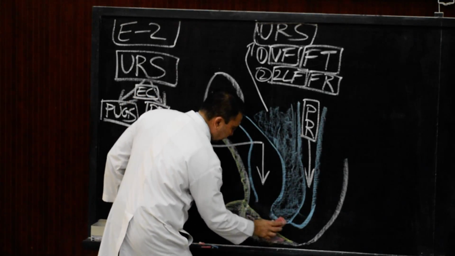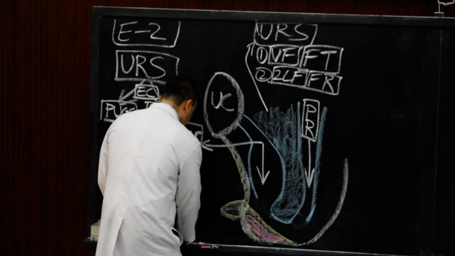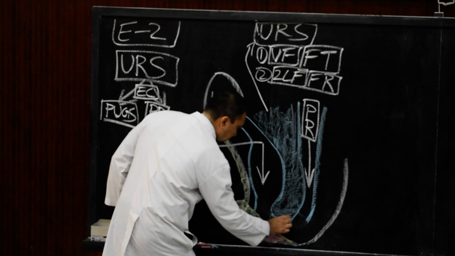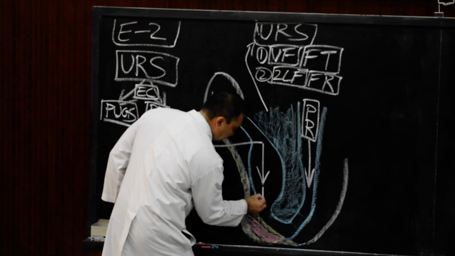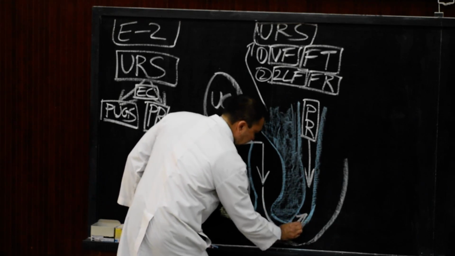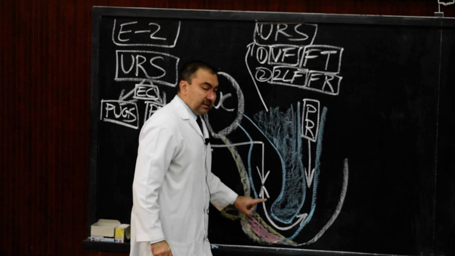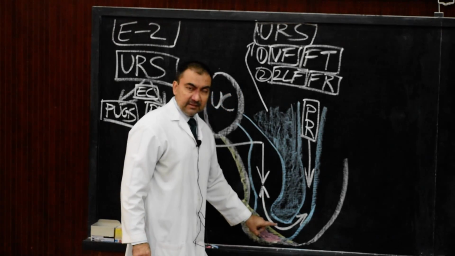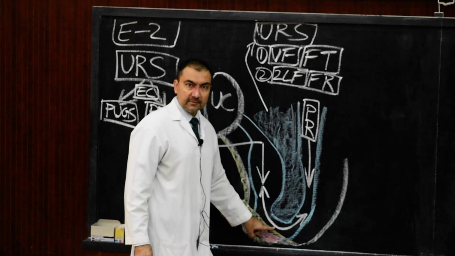So there will be a modification in this diagram and we will show the duct which is running over here. So this is how the duct will run. This is the communication. Here I am showing with the help of this U-shaped arrow. So this duct is known as cloacal duct over here.